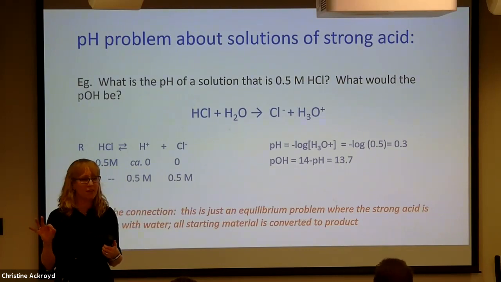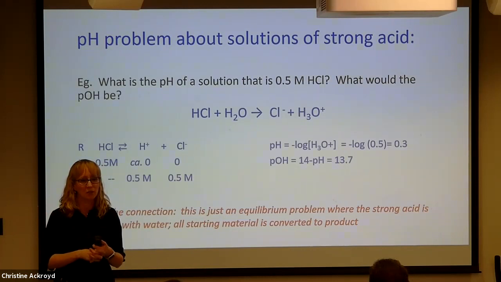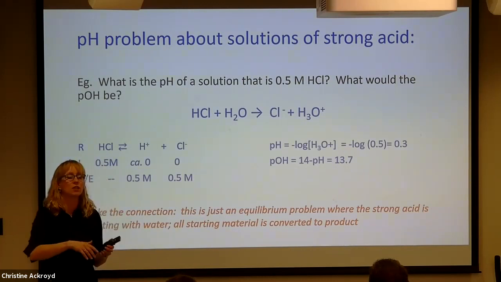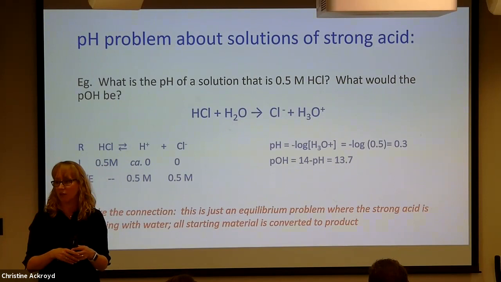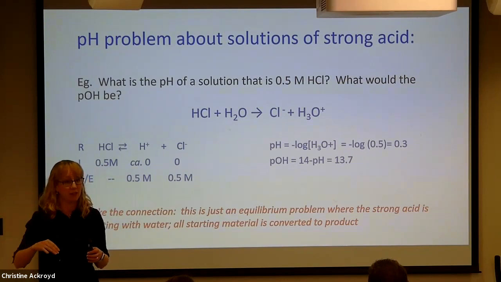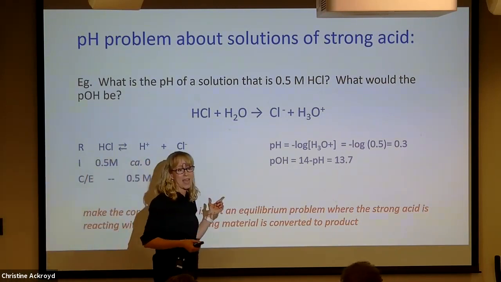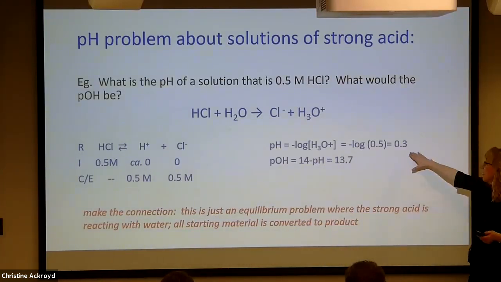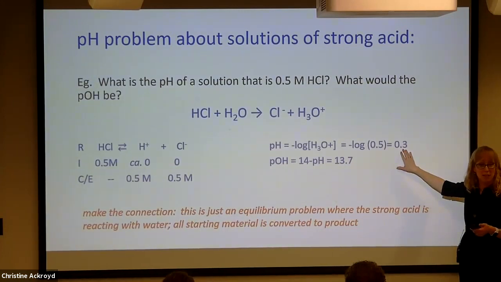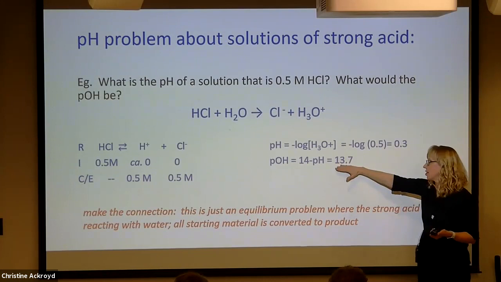A neutral solution is pH 7, right? What range do we see in an acidic solution? An acidic solution has more hydronium in it than 1 times 10 to the minus 7th. So what happens to the pH values? It's lower than 7. Okay. If we added 500 millimolar concentrated hydrochloric acid, that's going to be a pretty dang acidic solution, right? I don't want that touching my skin. Is that pH value approximately where it should be? Yeah, it's quite a bit lower than 7. So we know it's quite acidic. And pOH, you just take 14 minus pH, 13.7.